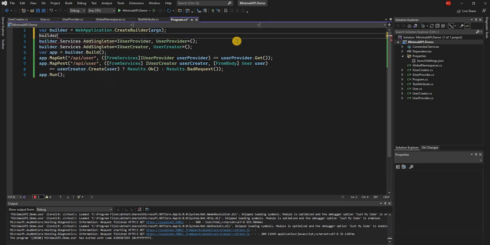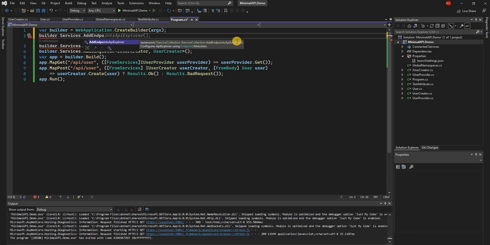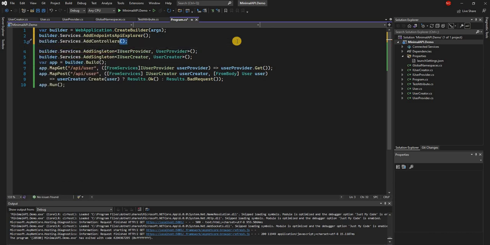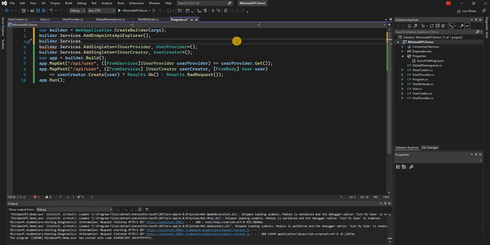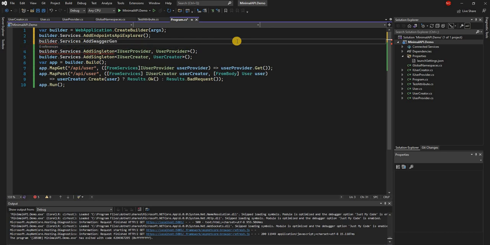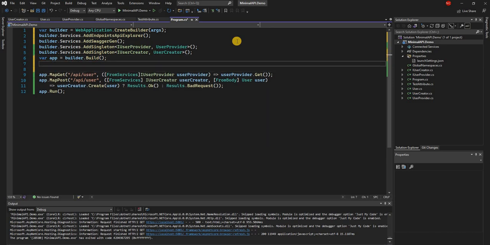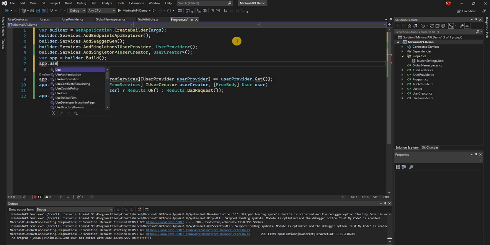So for that I'll do builder.Services.AddEndpointsApiExplorer, which is needed. And the second thing we have to do is builder.Services, not AddControllers, we need AddSwaggerGen. Once we add these two, the next thing we have to do is add it to the middleware, and for that we will do app.UseSwagger and